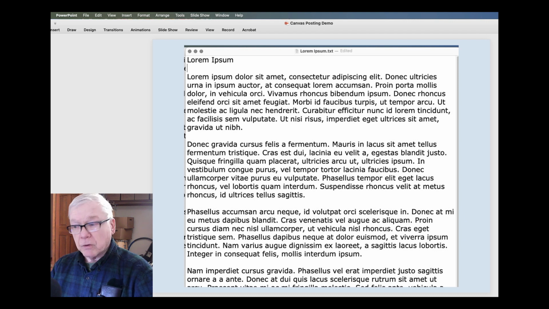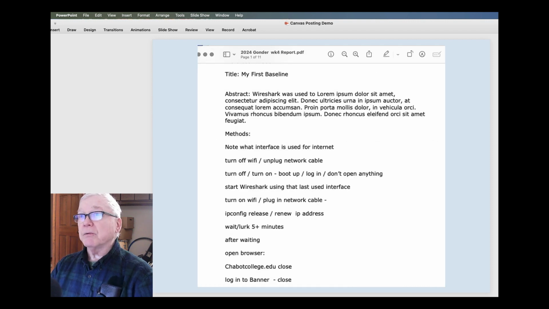If you're not familiar with Lorem Ipsum, it's auto-generated nonsense text, and you can grab it on Google. It's good to have some around just to throw in if you're trying to test something out. It's very common to use as an initial filler for stuff that needs filler in order to be tested properly. So my first baseline, I filled it out with some abstract and some methods and that.